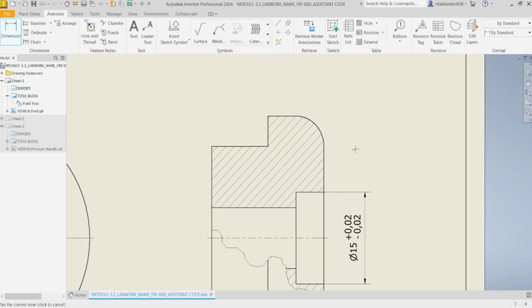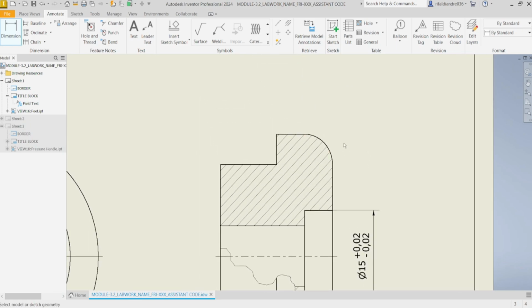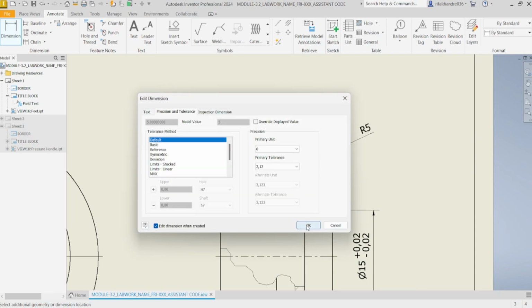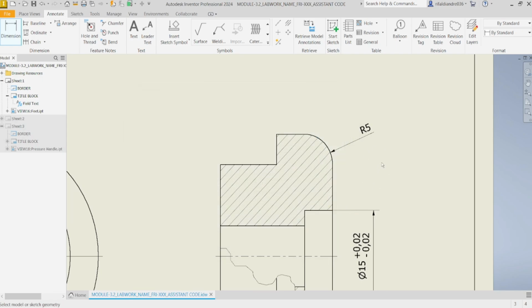Scroll to the upper part of the view and select the fillet. Drag the dimension outside of the part and then left click and click OK. This is the result.